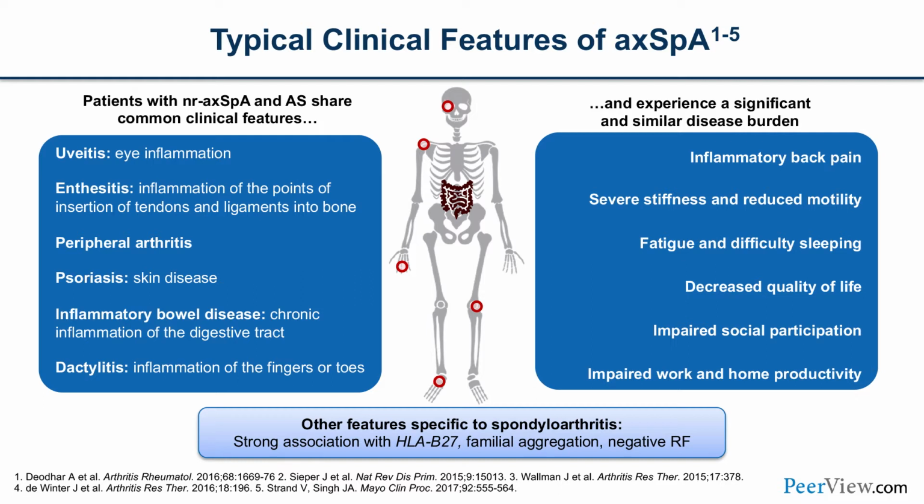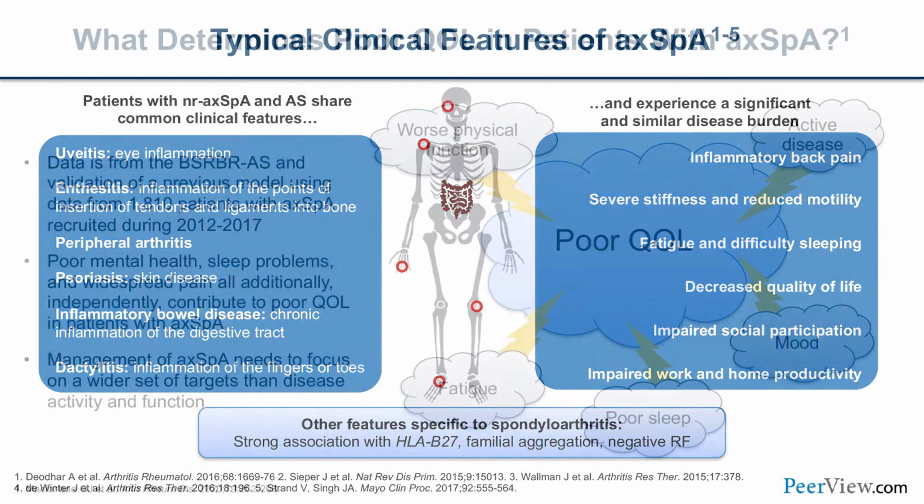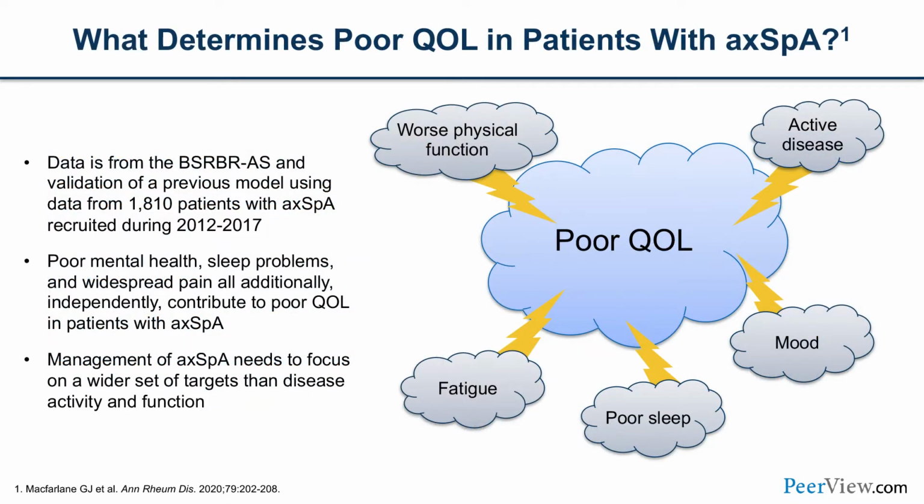Regardless of whether there's radiographic or non-radiographic disease, these patients have a similar disease burden. They have back pain, they have fatigability, they have disturbed sleep. This detracts from their personal empowerment and employability. So if we move along and ask the question, if this disease is morbid, what really determines the poor quality of life in patients who have